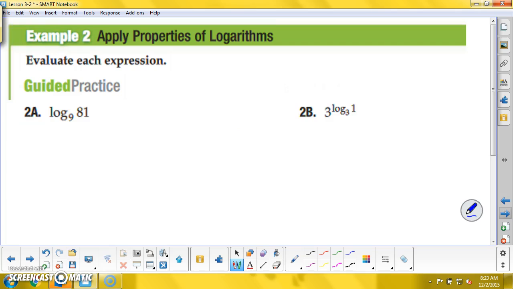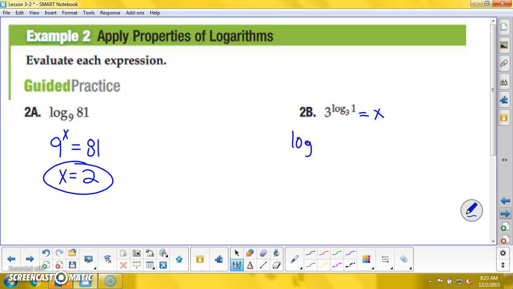Another evaluating a log, we'd say 9 to the x equals 81. Obviously 9 squared equals 81, so we get 2 for an answer. 2b here is similar to the last page I showed. This is an exponential form. So the log of